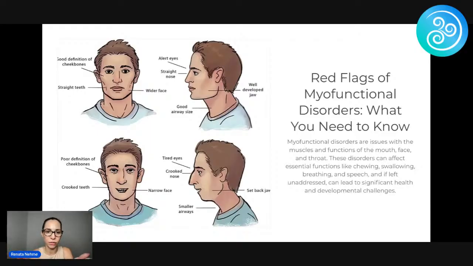I love this photo that shows the top one. You guys have all seen this. Somebody who grows up to look the way they're supposed to. If you're breathing through your nose, chewing hard foods, and doing all the things you're supposed to do, it's going to help your skeletal structure grow. Now, the guy on the bottom is kind of like me. What happened over there? That's a person who was super, super tired all the time, breathing through their mouth.